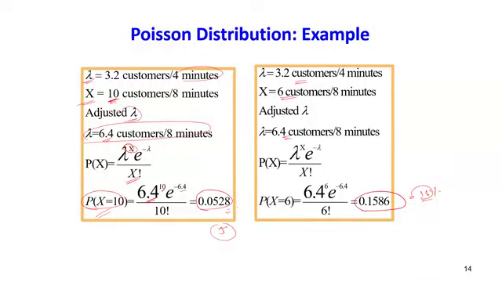If the probability is very low, I'm fine. So there is only 5% chance. Even if I'm not able to address all the 10 calls, I'm okay, because there is a very rare chance that I will get them. But for 6 calls, it is pretty high, 16%. Can I take a risk of missing those calls? Probably not. So I will plan for 6 calls in 4 minutes, and make that many resources available. For 10 calls, it's okay, because there is only 5% chance. So like that, you can plan